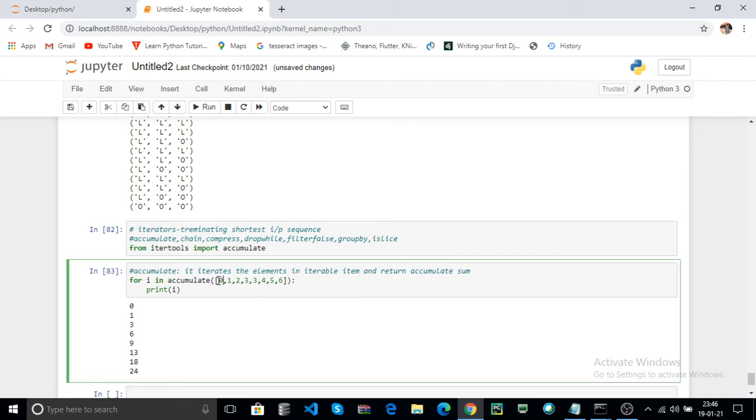In the next iteration 0 and 1 are added. In the next iteration 3 is added, and so on, until the sums reach 0 to 5 and 0 to 6. This is the accumulate sum.